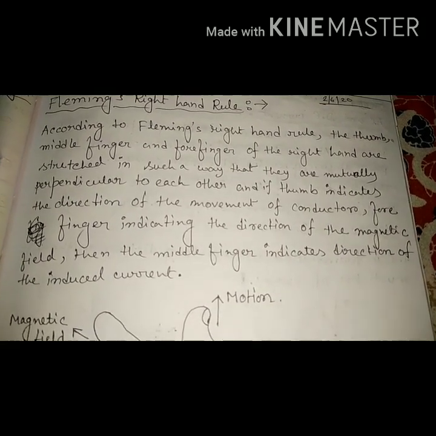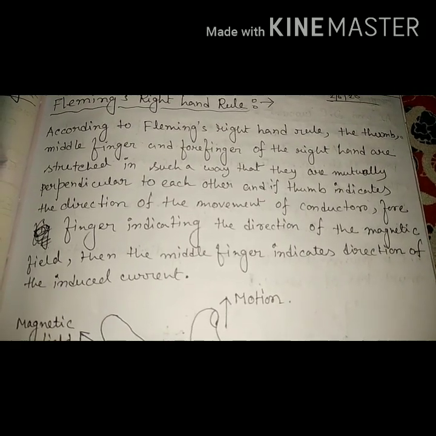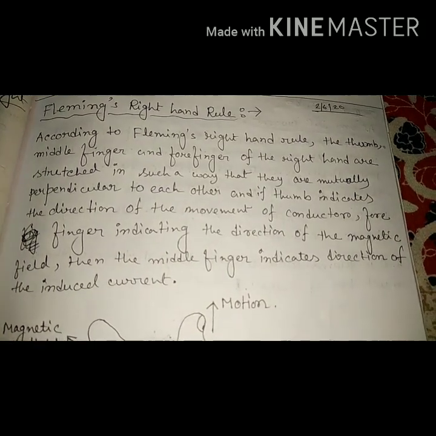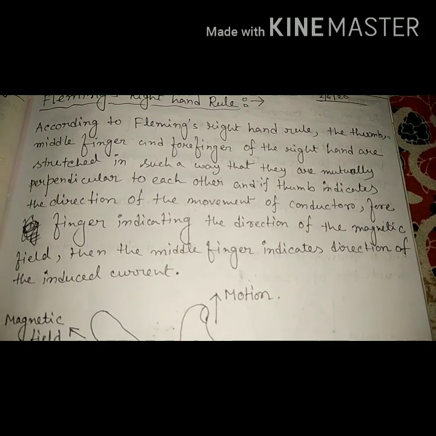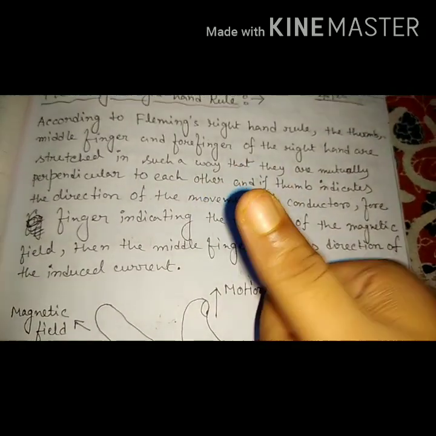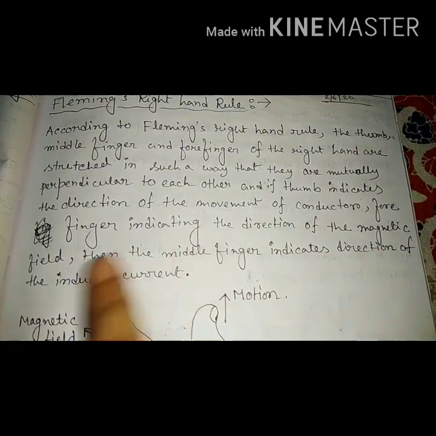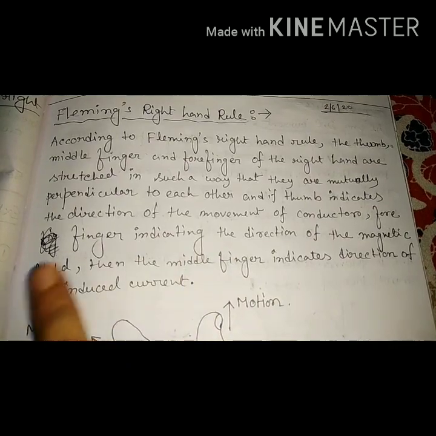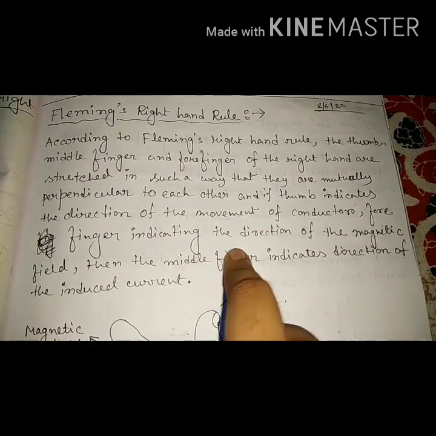In the left hand rule, at last we write that the thumb will represent the direction of the force on a conductor, but in the case of the right hand rule, at last you write the middle finger indicates the direction of induced current. First you write what the thumb will represent, what the forefinger will represent, then the middle finger indicates the direction of induced current. Because that is what we find out, so whichever one we find out, we write at last. Clear?